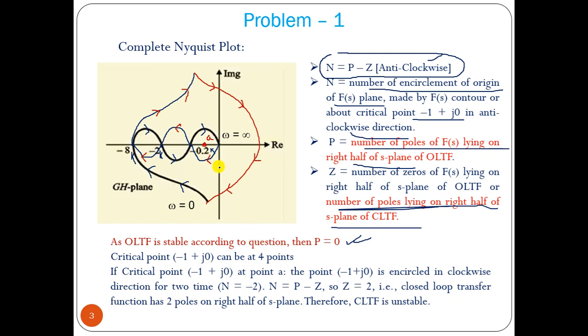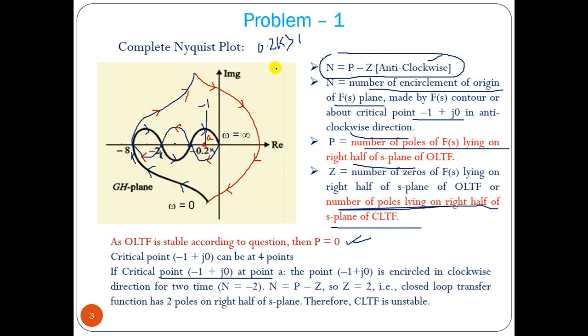Now here we can have 4 points. This is 1 point, another point we can assume here 3, and another point 4th. We can assume 4 points here. Let us consider point A. So this is the point A, which is the critical point. So this is the point minus 1. That means what? Here it is 0.2k. So 0.2k is greater than 1. This point is 0.2k, that is greater than this minus 1. If you take magnitude, the negative term you can neglect. So 0.2k greater than 1.